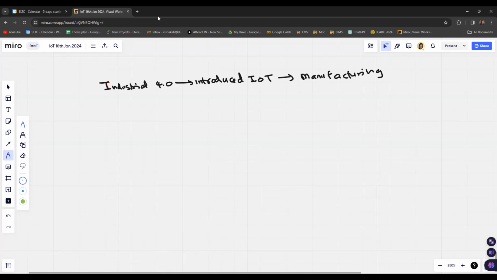So this is going to be something related to the history of the Industrial Revolution as well. The Industrial Revolution, which happened in the late 18th century, enabled these industrial standards to be proposed.